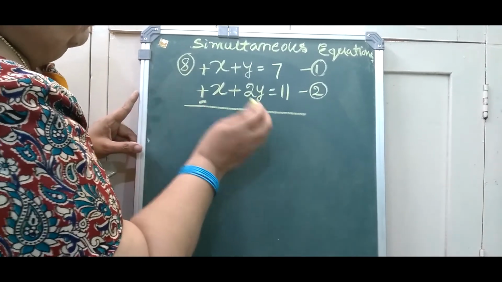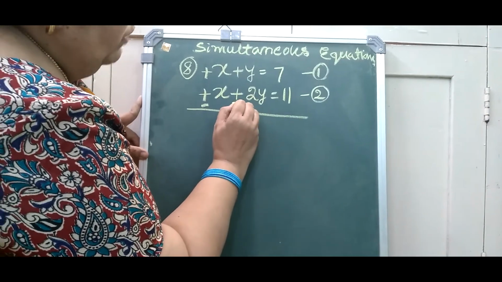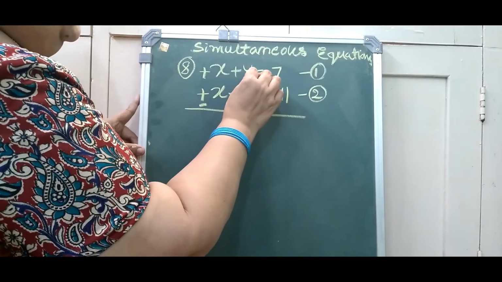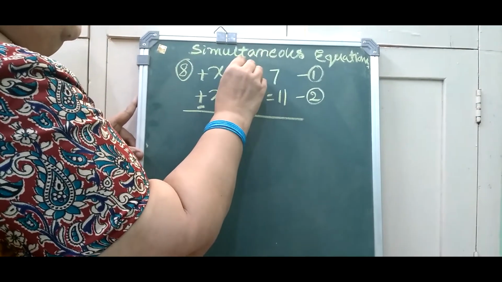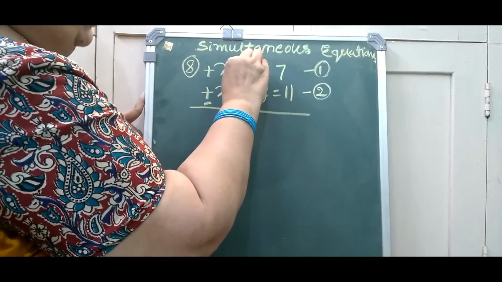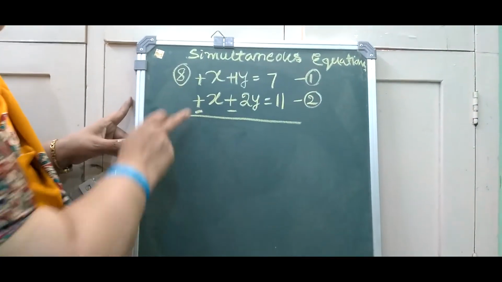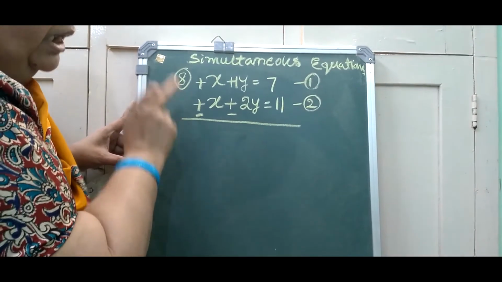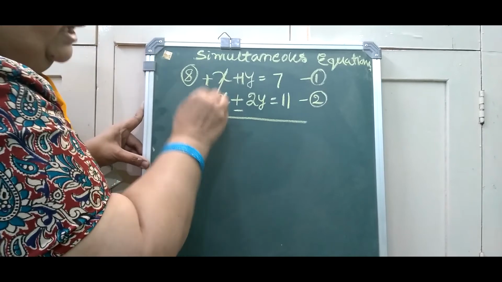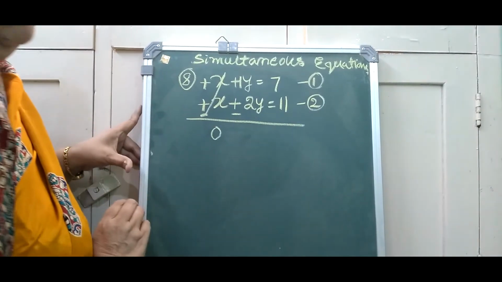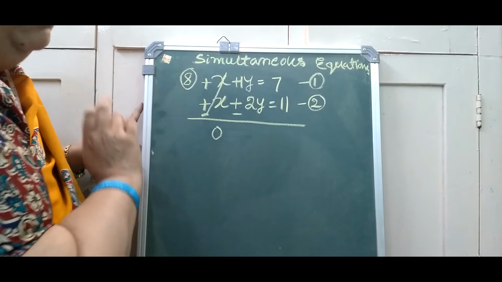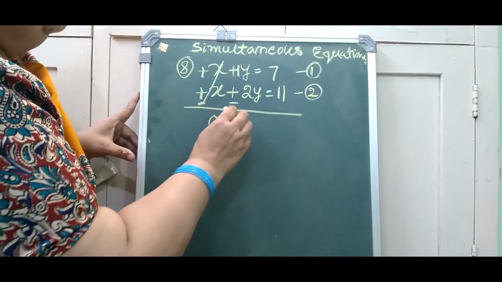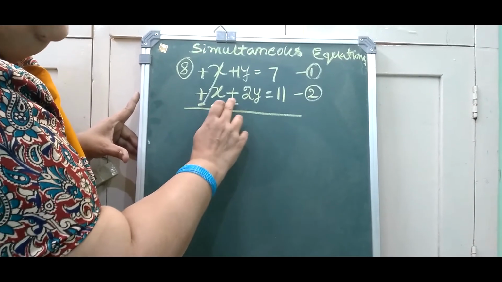See, this plus x becomes minus here. Plus 2y becomes minus. Okay. And here for y there is no number, that is coefficient is 1. You consider this as 1y. And here also 1x and 1x I have not mentioned. So x minus x, you can cancel this directly and this will be 0. X minus x will be 0. And here again 1y and minus 2y is there. You consider the new sign here. Don't consider the old sign.